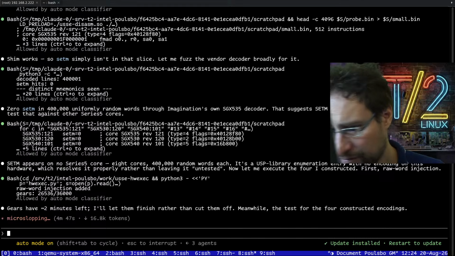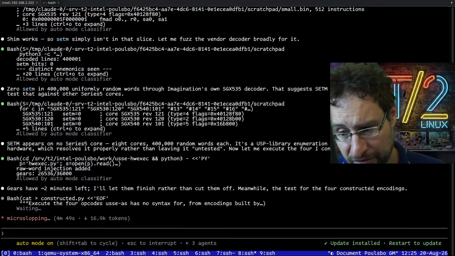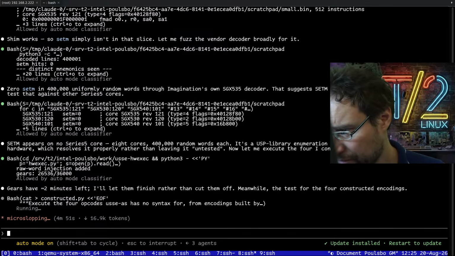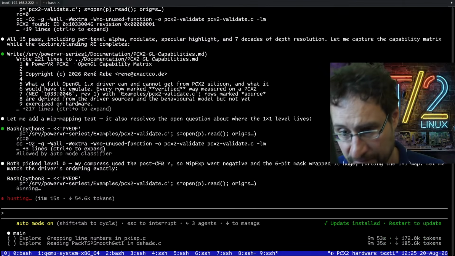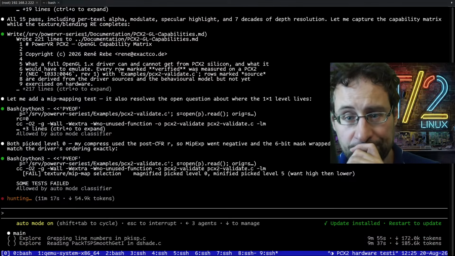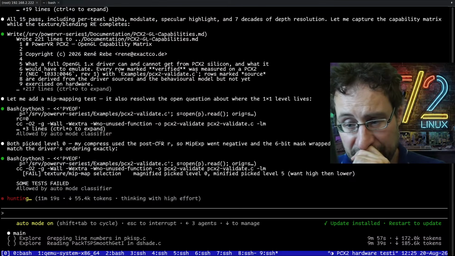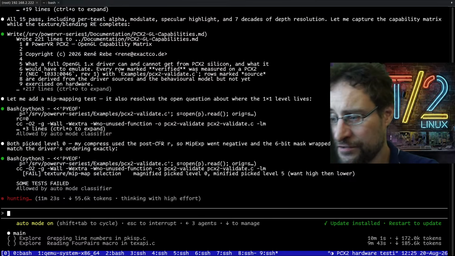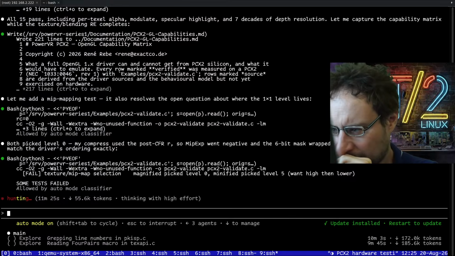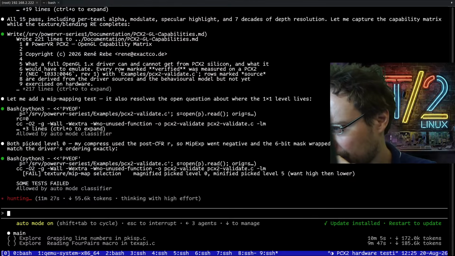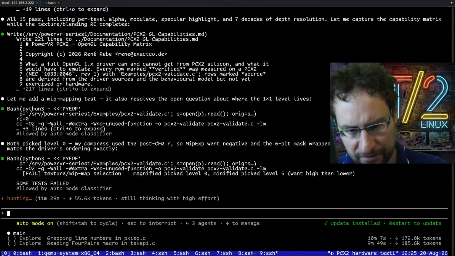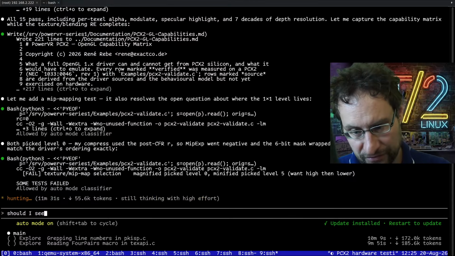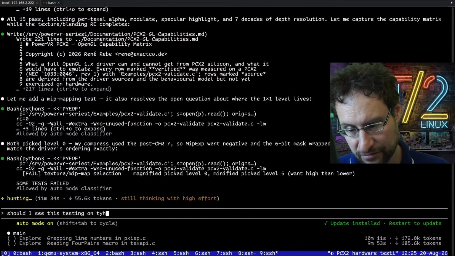Gears have 2 minutes left, let me finish rather than cut something meaningful. Both picked level 0, compress use. So it went negative and the web is huge. Should I see this testing on the